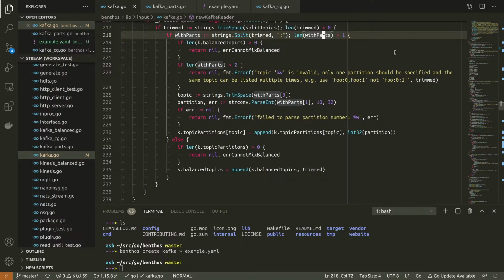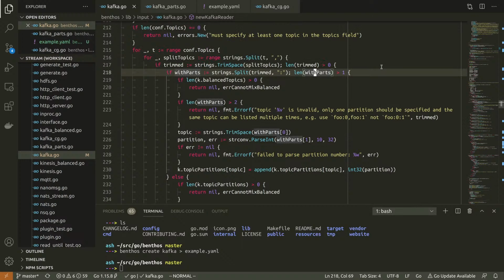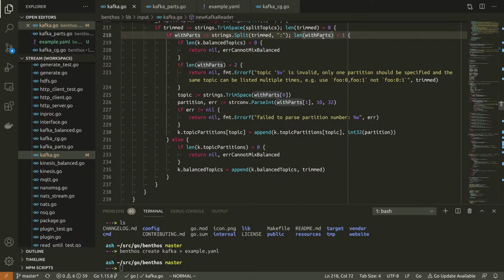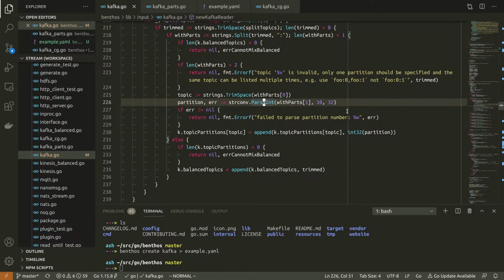and then if we have parts, that's interesting. Okay, yeah, so if we've got the colon syntax in there, then that means we're explicitly consuming from partitions, and therefore, I'll explain this in a second, we extract the topic, we parse the integer, and then spit out an error if it's incorrect.